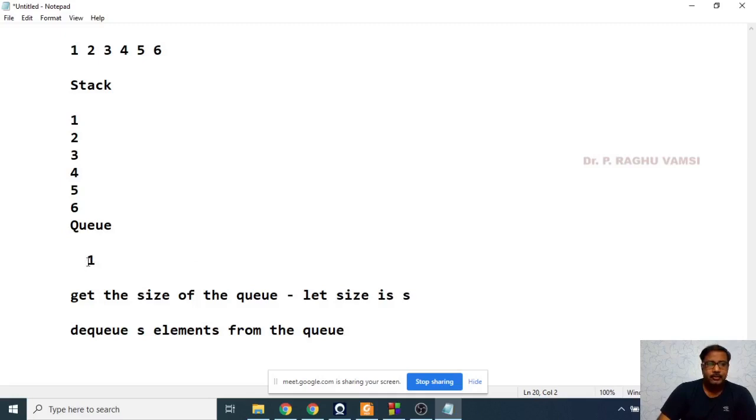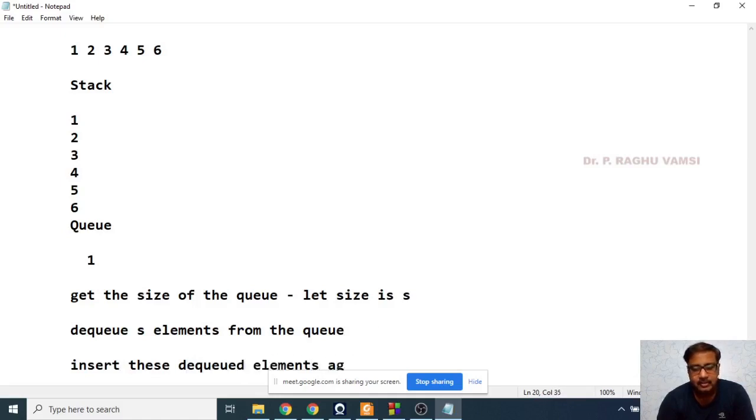And once you dequeue S elements from the queue, after dequeuing, insert these dequeued elements again in the queue.